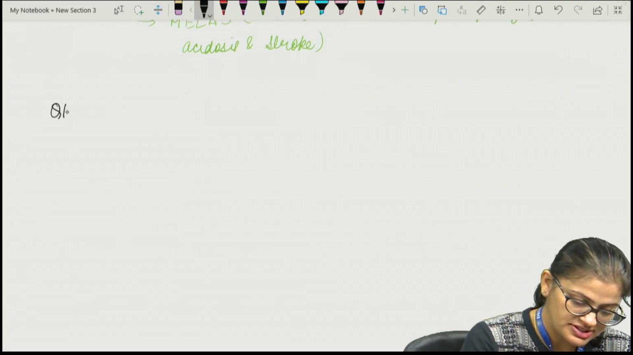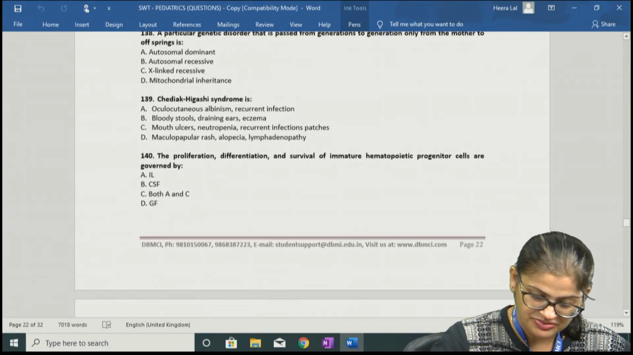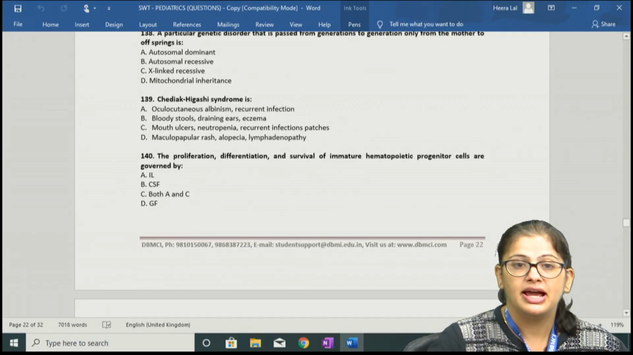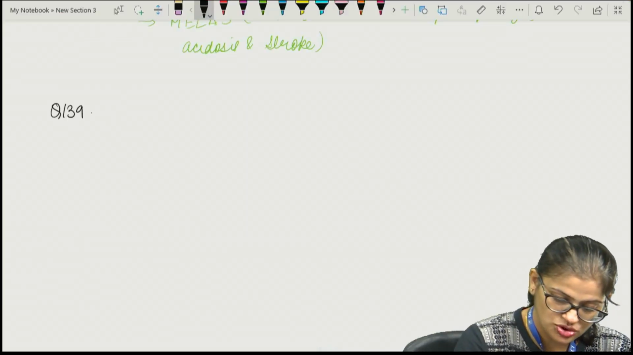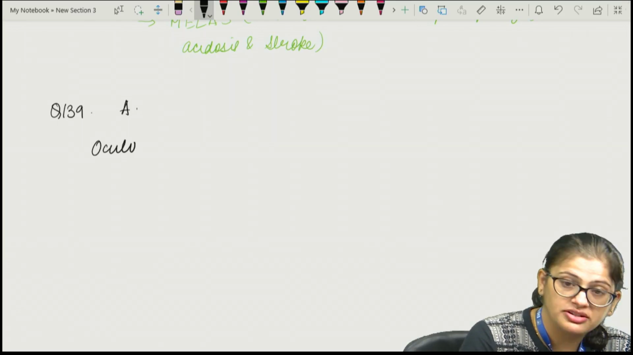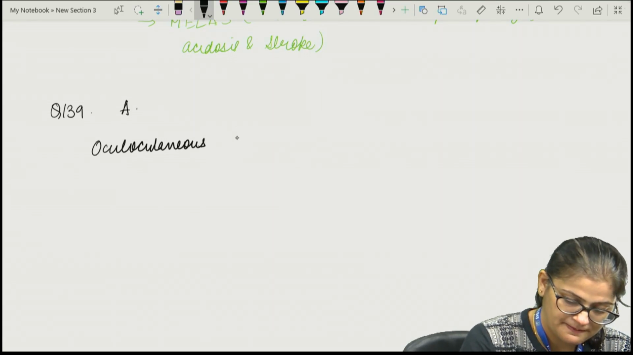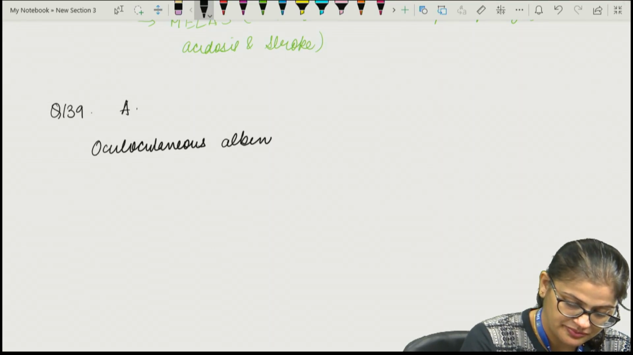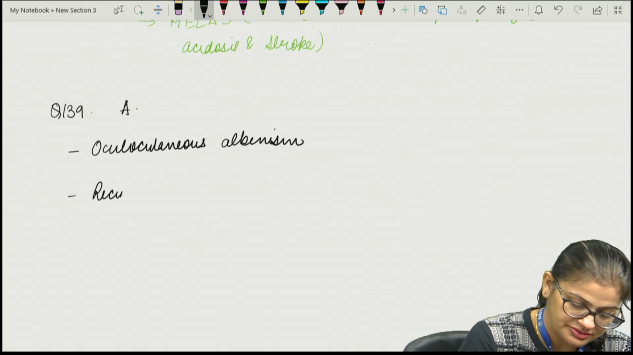Next we come on to question number 139, and question number 139 is, Chediak-Higashi syndrome is characterized by, and the correct option is option number A, that is oculocutaneous albinism, recurrent infections,